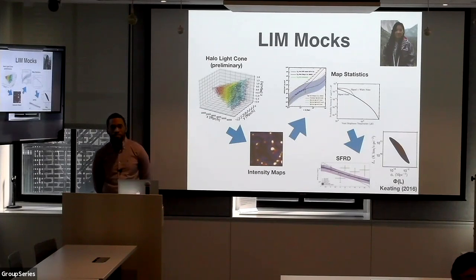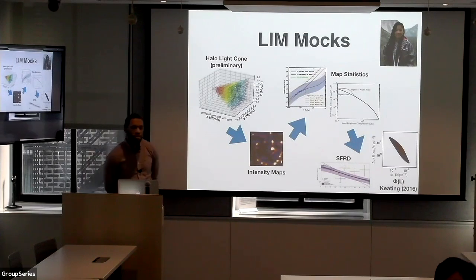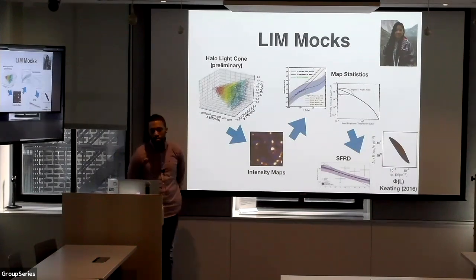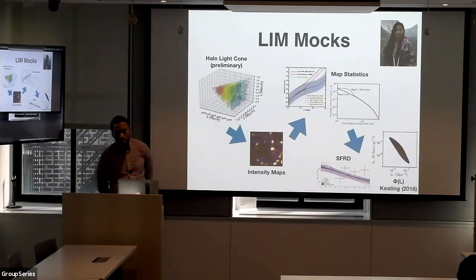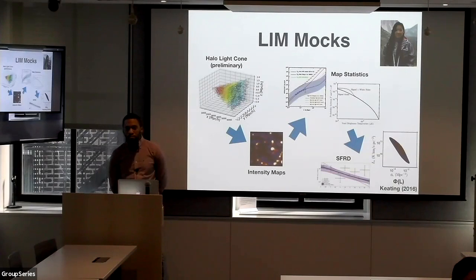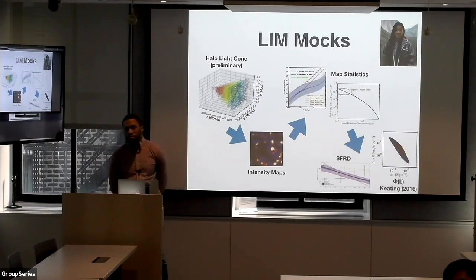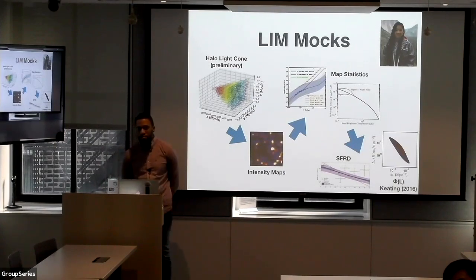Can I comment? I was looking to both of you. With HOD, traditionally people have a single line, CO 1-0, and relate that to halo mass. The advantage of this method is that we predict the entire CO ladder and C+. We could do 21 centimeter as well. We can do the optical emission lines because we have a physical model, so we get all of the lines self-consistently. I don't know how to do that with HOD.